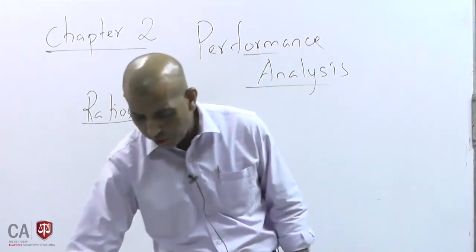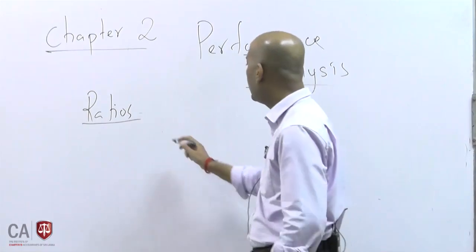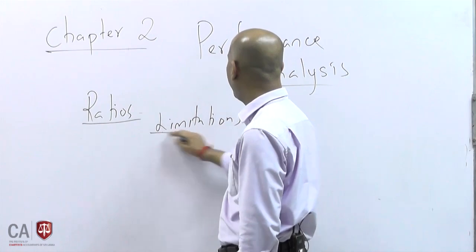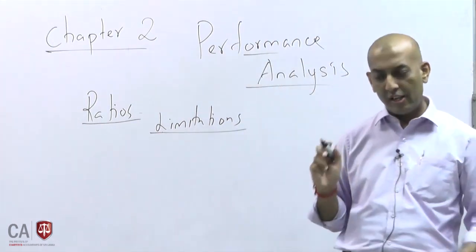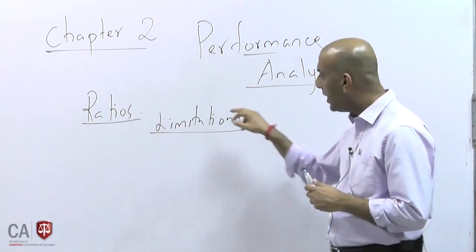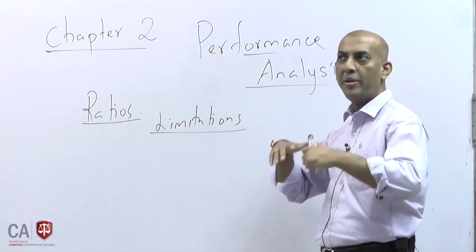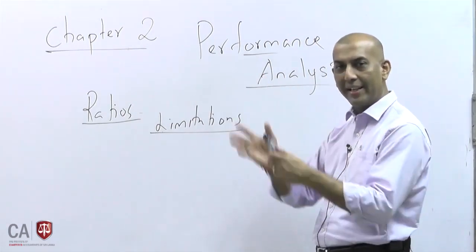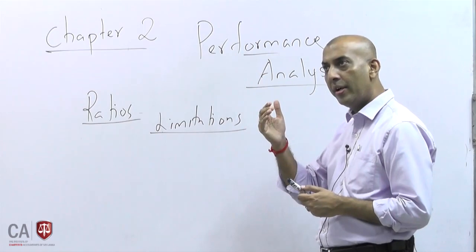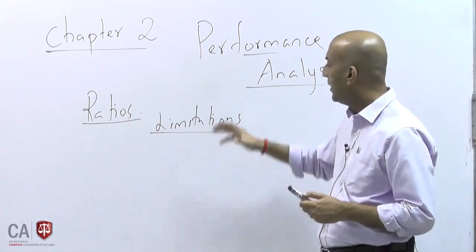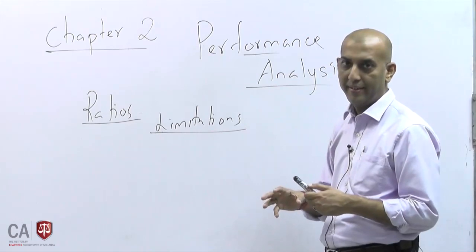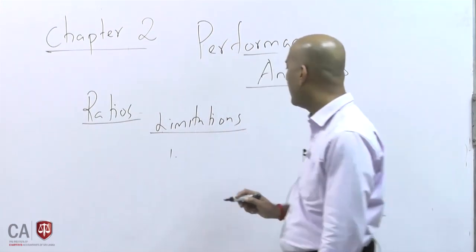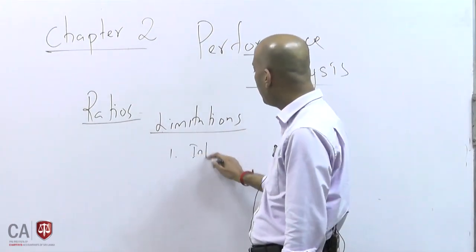When you go to calculate ratios, you will see there are limitations. We have to be aware of these limitations. Always when we calculate ratios, we need to know the limitations of the ratios. We don't blindly take the ratios and say this is how the company is, how this company performed. No. You may have to know how these limitations disturb your company's performance. So what are the limitations? Say, for example, information unavailable.